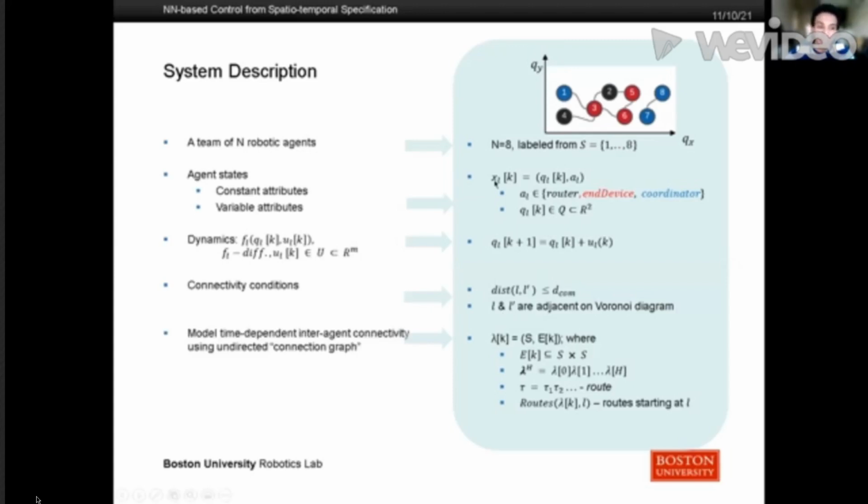We model the time-dependent inter-agent connectivity using an undirected connection graph. At each time, we have one connection graph, which consists of the agents and the connections between them. We define a route as a path on a connection graph. For example, here we have agent 3. A route from agent 3 would be 3, 6, 5, 2, for example. And then we use the notation routes, lambda, k, and l to denote the routes starting at